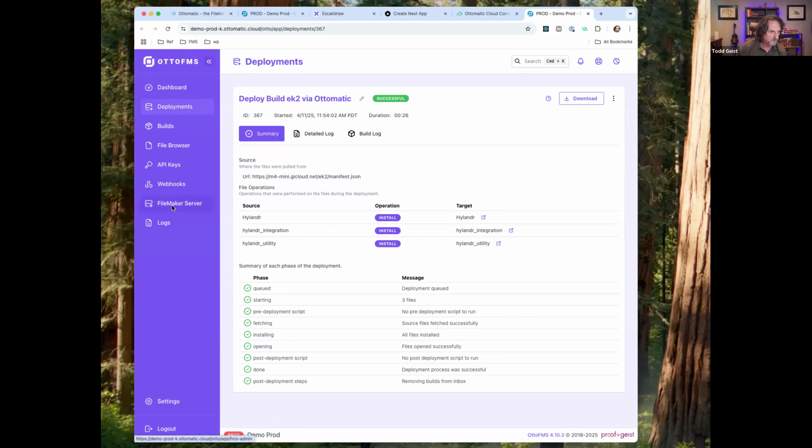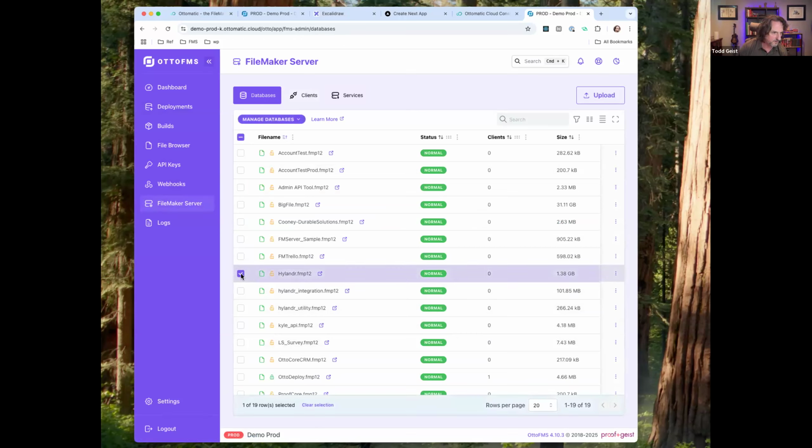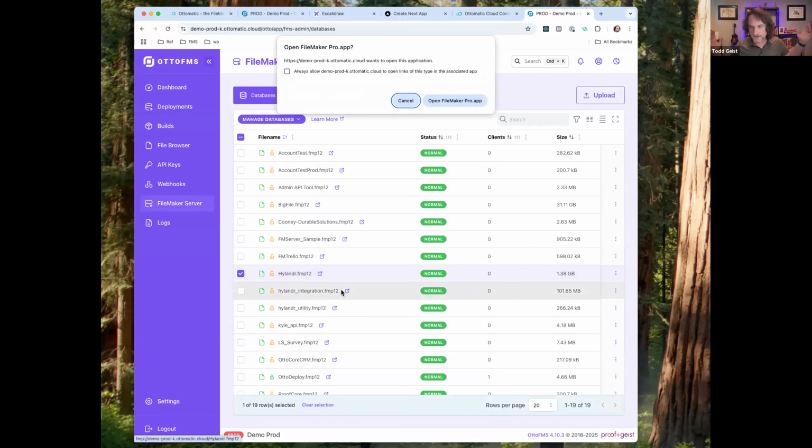It says it's all done. And if I go look at my FileMaker server and go look at the databases on there, I can see that those files are installed, and I can click a button here to open them. I'm not going to go into the actual solution here. We may look at it a little bit later, but I hope you get the point that this is one button to get you started, and your users or your customers could use this, or you could use this internally if you're a dev shop and you want to make it really easy to deploy your starter solution to anybody who's got AutoFMS running. You just put a button on a web page or trigger a simple URL and you're off and running.